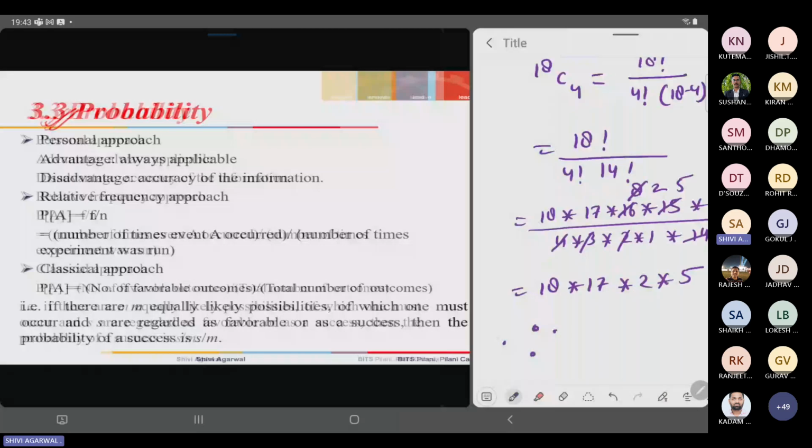First is the personal approach. Personal approach means what? It depends upon the experts only. At any time, they will just say